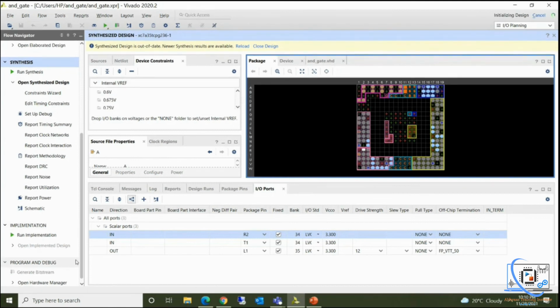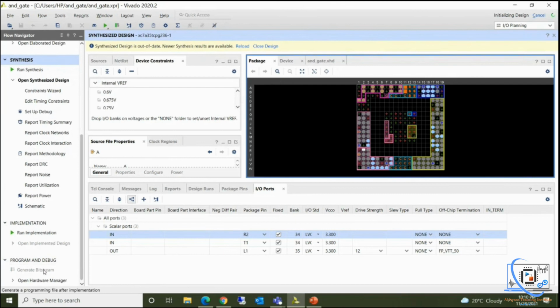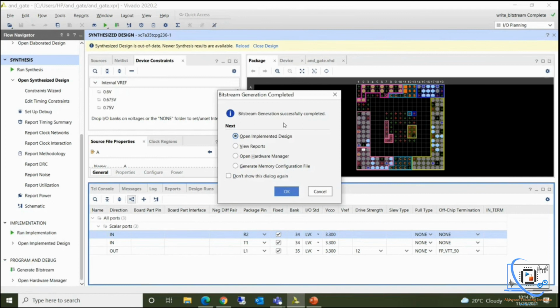You can click on Generate Bitstream from this Flow Navigator also. You will see this Generate Bitstream option inside Program and Debug. Now bitstream generation is completed successfully.